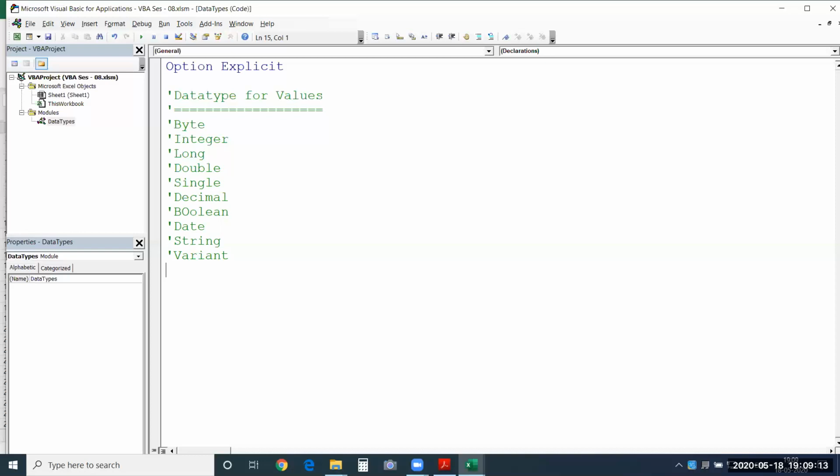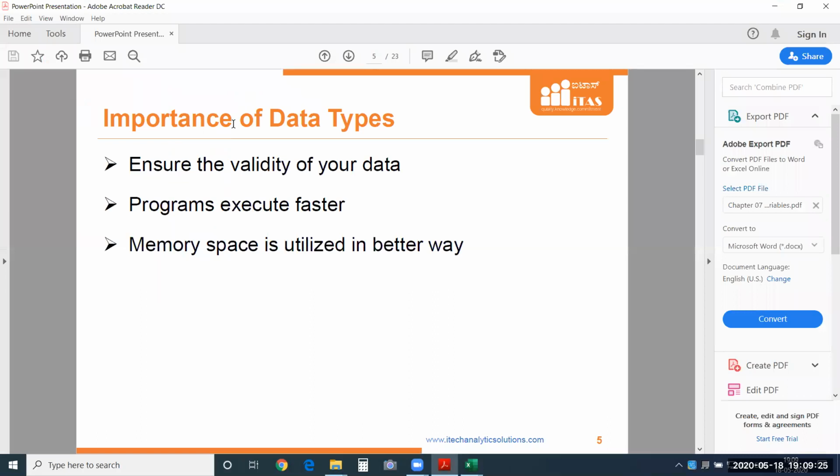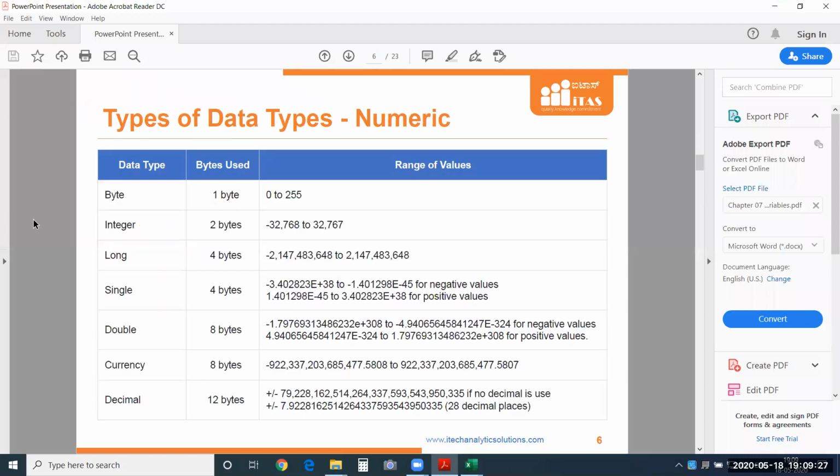In detail, I'll be sharing a file which has the range of values these can store. I'll just give you a glimpse of it. Just give me a second. See, you can see these are the ranges of values these data types can store. Byte is used to refer to values from 0 to 255. If you have a number falling in the category of 0 to 255, you can declare that as byte.